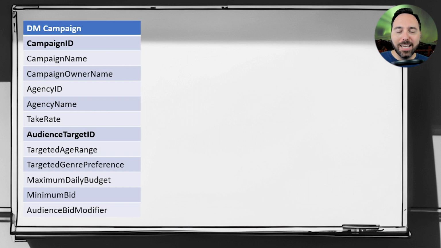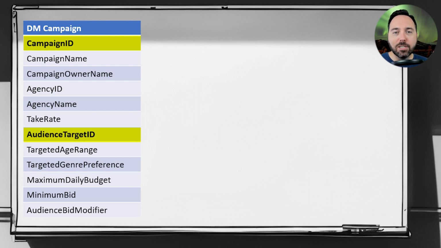Now that we know what Boyce-Codd Normal Form is, let's see an example of how we can solve for it. We're going to start with a single large relvar containing all of the attributes we care about. In this case, we are going to work with a digital marketing campaign, and the combination of attributes which makes a tuple unique here is the combination of campaign ID and audience target ID. This forms a candidate key, one of the collection of unique keys for a relvar. In this case, we only have one candidate key, but in other relvars, we may have multiple candidate keys.